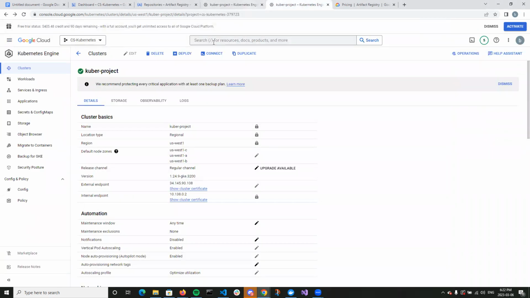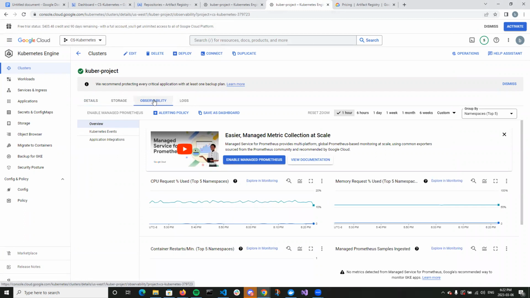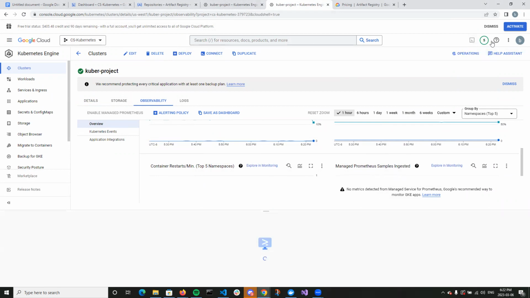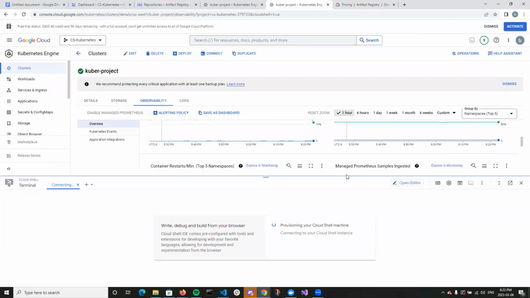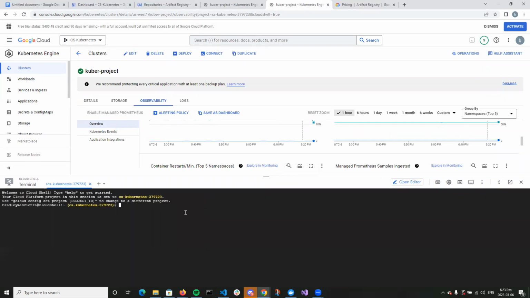Cool. I'll just show you everything working right now. Let me connect the shell here, and then I can show you the services running in that.